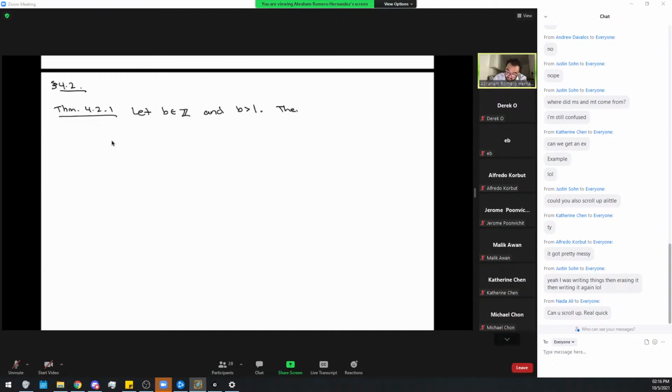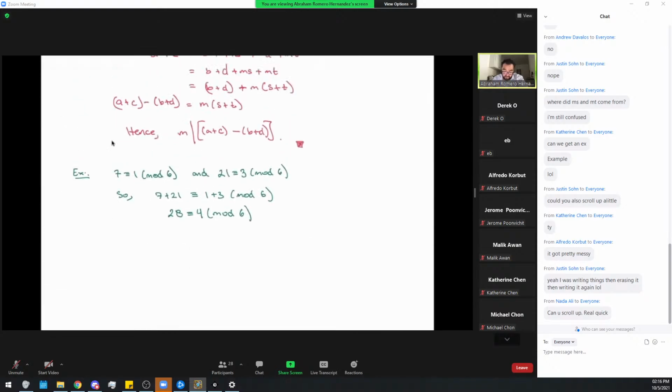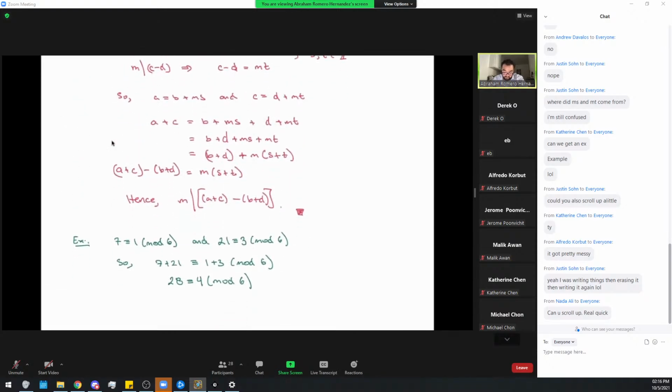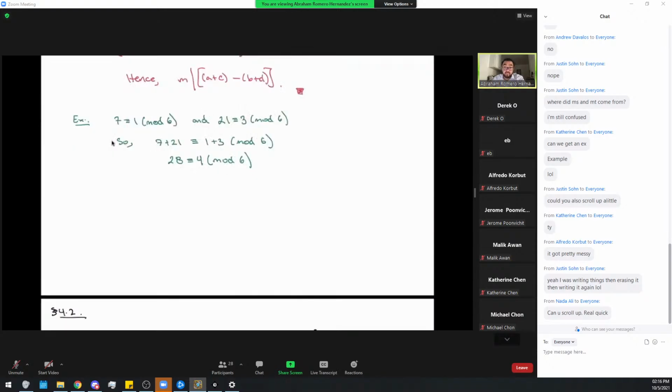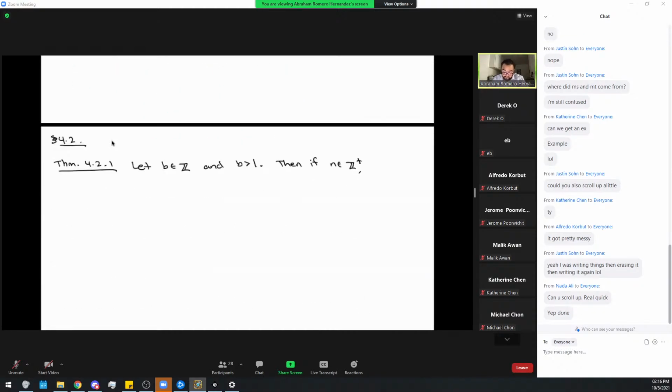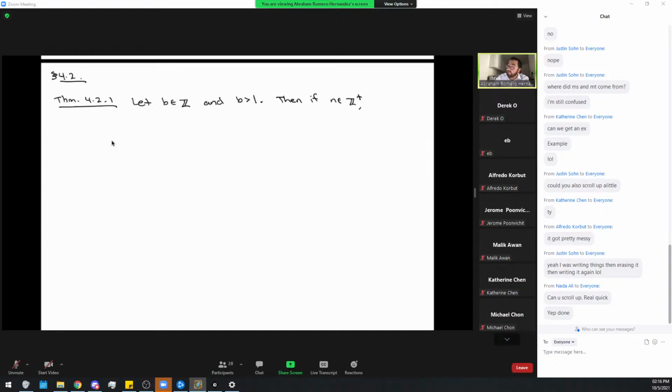Then, if n is any positive integer, can you scroll up real quick? This part? Okay, sweet. Okay, then if n is any positive integer,